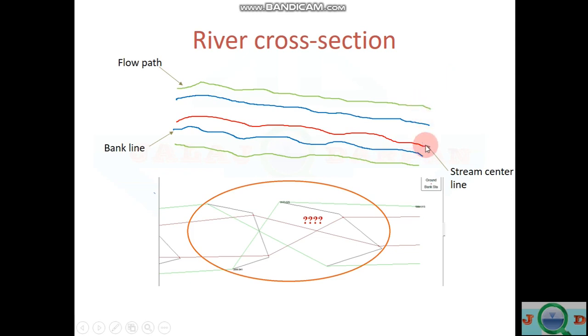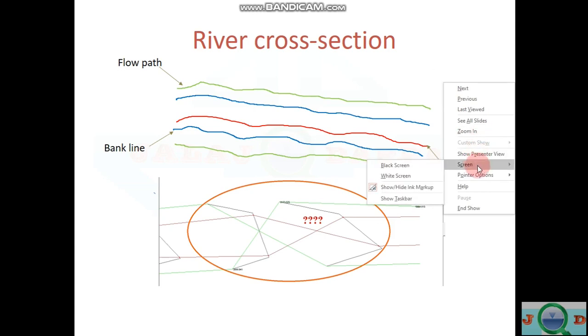So you will draw four things in HEC-RAS. First you draw the stream center line of the river, and thereafter you draw the bank line, and thereafter you define the flow path. Suppose I assume here as upstream.